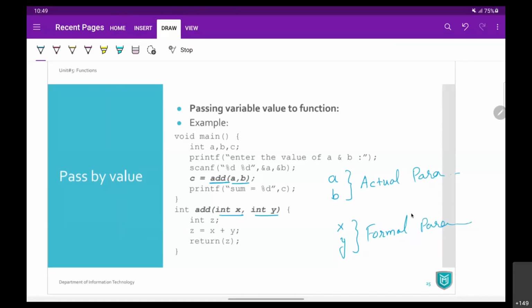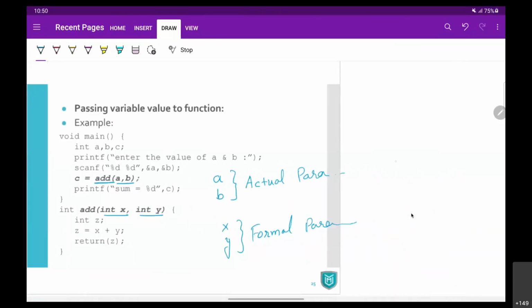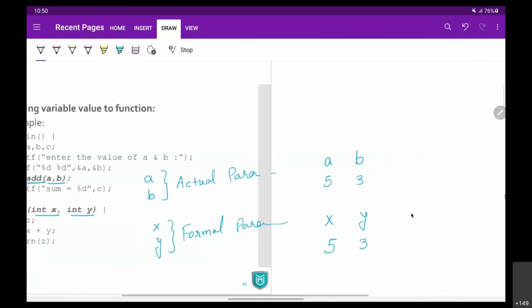Now, if the user gives the value of a equals 5 and the value of b equals 3, then this 5 and 3 will be copied inside the variables x and y. 5 and 3 यहाँ पे एक copy generate हो गया.